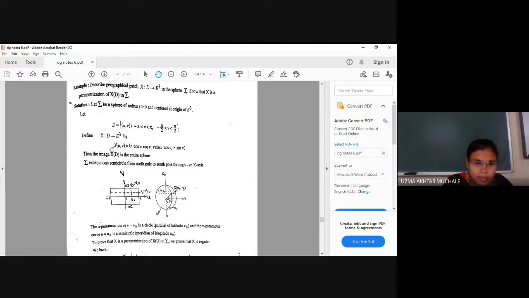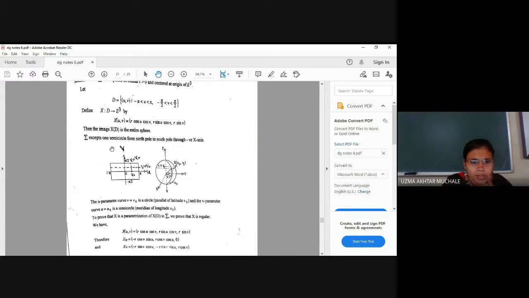I hope you remember that in classical mechanics we studied in detail how to find the coordinates of the sphere. Those who don't remember, go to the notebook of classical mechanics; I have taken you through it in detail. You have to keep z as it is, and with the help of that we found x, y, z. To find the coordinates of a sphere, we took the help of x square plus y square. We keep one variable constant, and with the help of that we found this. Okay, so these things you already know.